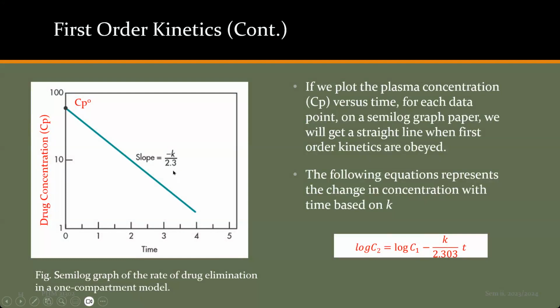This is the factor to convert ln value to log value. So the factor to convert ln to log is 2.3. We multiply the ln by 2.3 to get the log, and we divide the log by 2.3 to get the ln value. Okay,